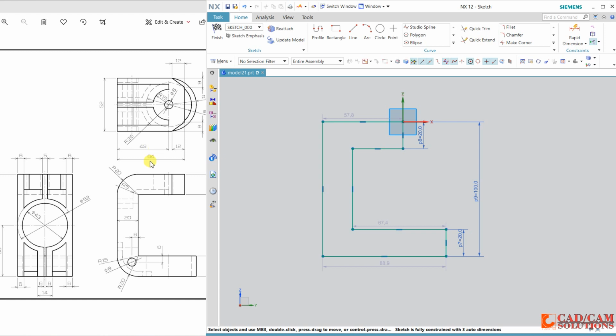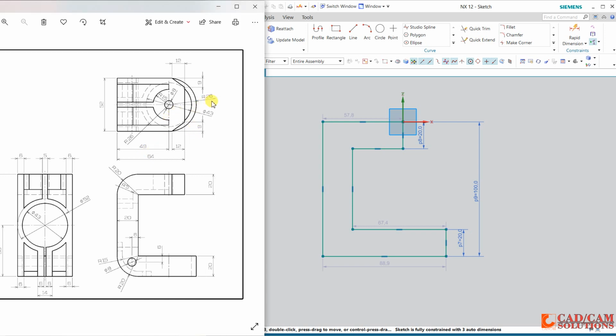And this is 64. This is 49 plus outer radius 26.